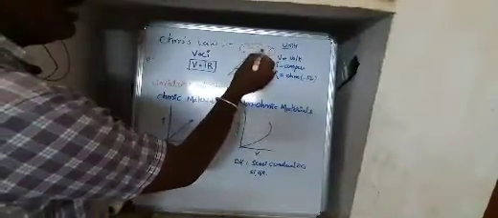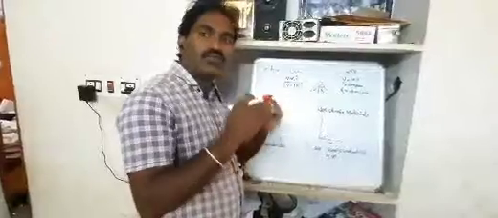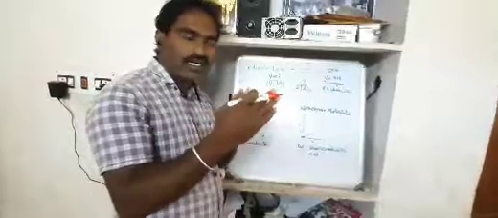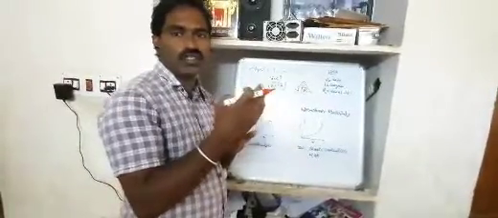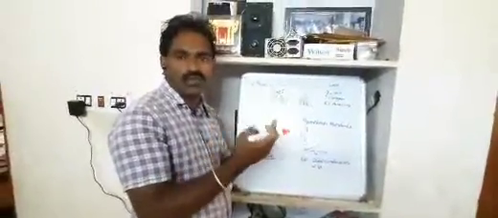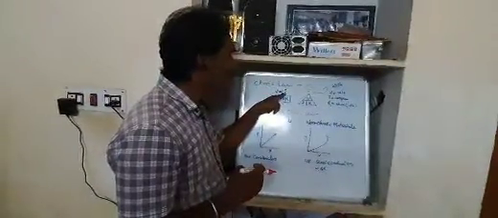The current flow in a conductor is directly proportional to the voltage. If the voltage difference is more, the flow of current is also more. That means it is directly proportional. Suppose the potential difference V is more, then more current flows. So V is proportional to I. If V is increased, current also increases. If V is decreased, current also decreases. That's why V is directly proportional to I.